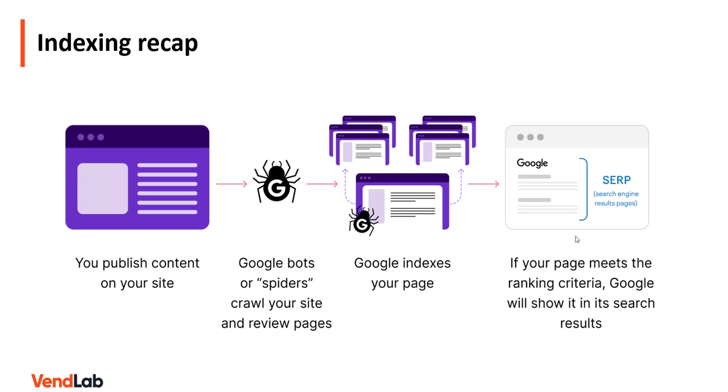Let's recap what we mean by indexing. You have a website, you publish content on it. Every day Google sends out bots or spiders to crawl the pages of your site. Google then indexes those pages. What it means is it makes a record of those pages in its great big database of the web